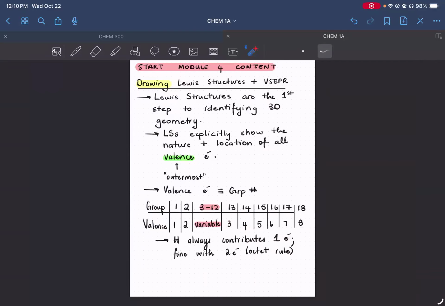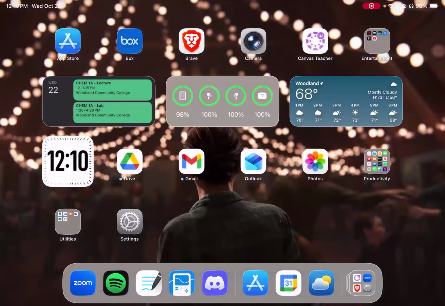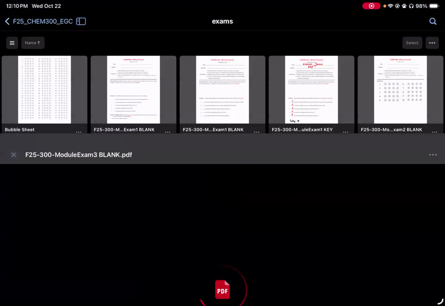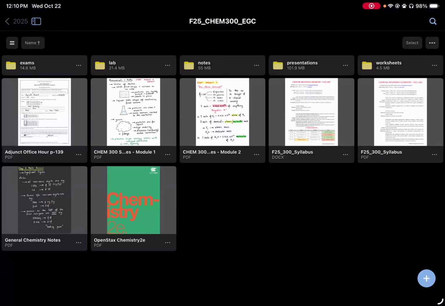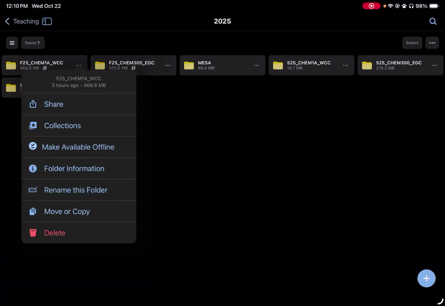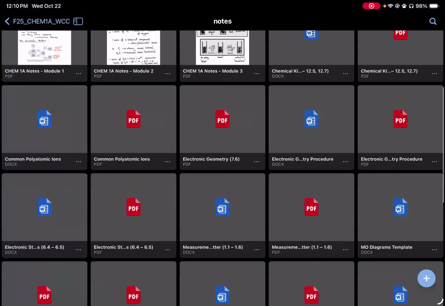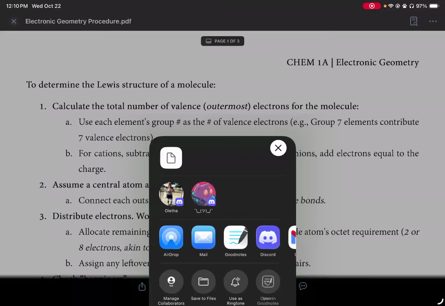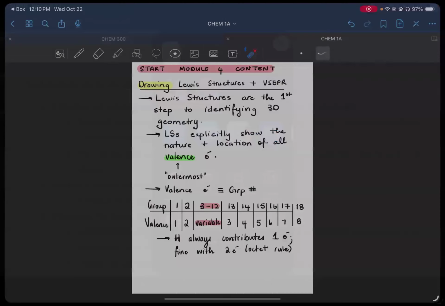Everyone should have a copy of a single portrait, procedure-based document. Let me see if I can grab the document myself on mine. I'll put it up. Oops. 1A notes. This document, now that I have it up on the TV,